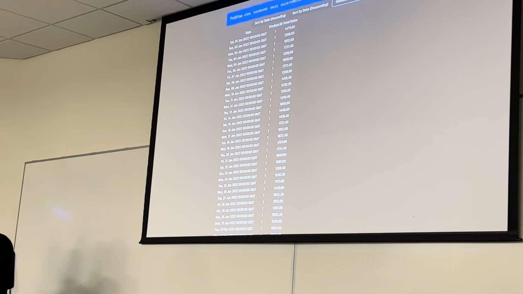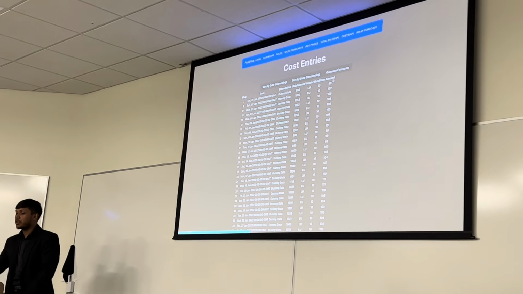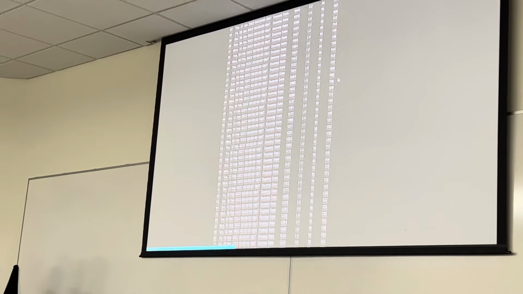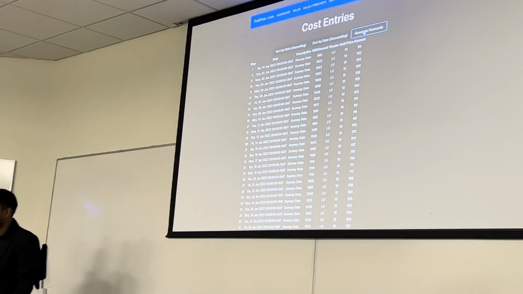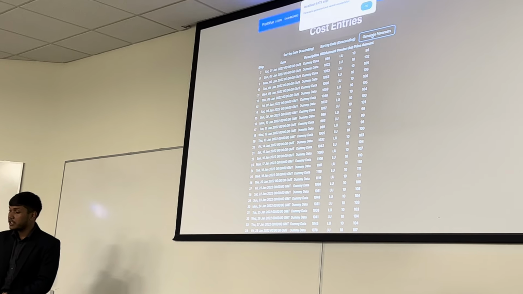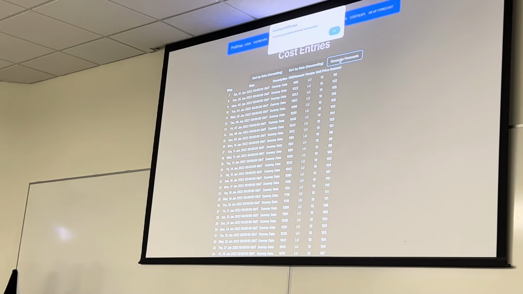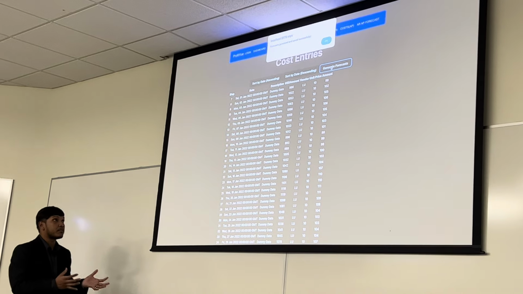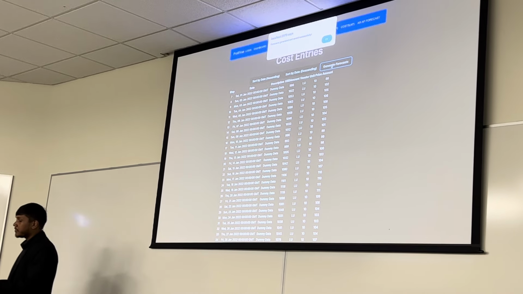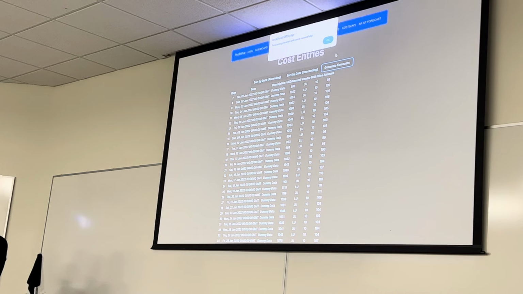And then the next tab that you have is the costs. So you can enter all the costs that you have and all the costs that you really want to add in your system. And in the same way, you can generate forecasts. You can add description, the USD amount, what vendor you are using that money for. Are you paying a vendor, or is it a fixed cost, or stuff like that? You can put the unit prices and the amount too.